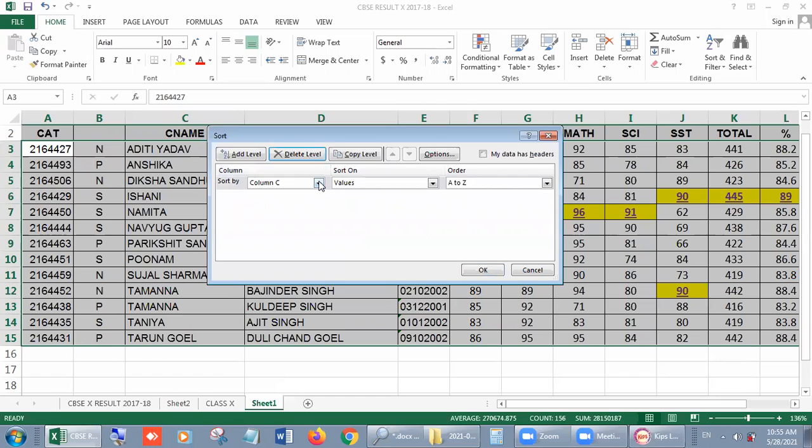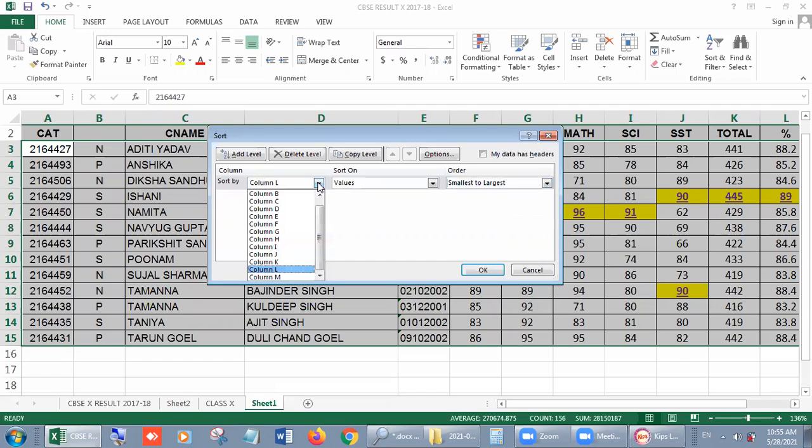It is deleted. Now select L column, and smallest to largest, no, largest to smallest, because it will come in descending order, largest to smallest. One thing, better: if a column has numeric data, then it will come as smallest to largest, largest to smallest.